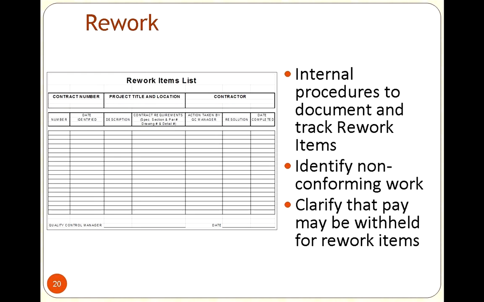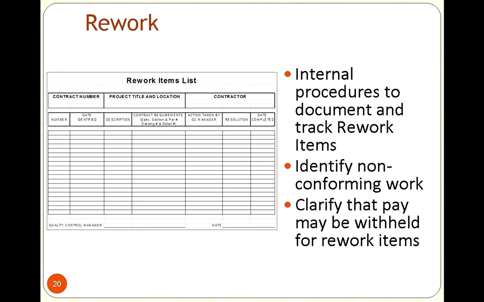Again, it's a lot of documentation, but it does make sure things don't fall through the cracks. And when we talk about meetings a little bit later, this is something we would use in the meetings: hey, you have not done this item that we've got in the rework log, or have you and not told us? We would actually use this log quite a bit to identify non-conforming work and then make sure that work had been done and had been conformed with.